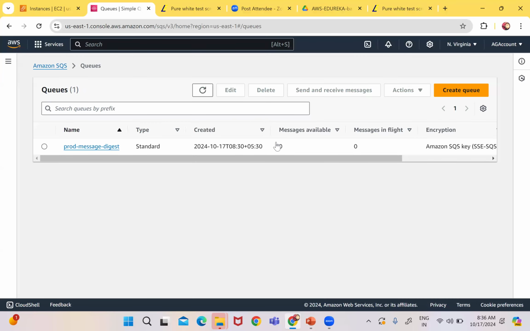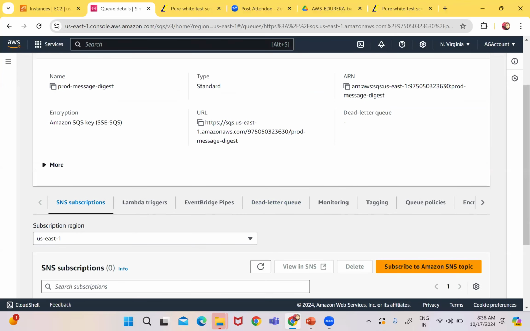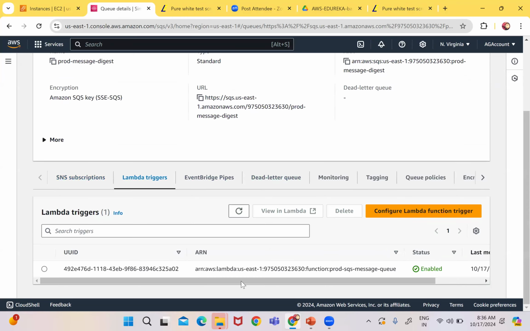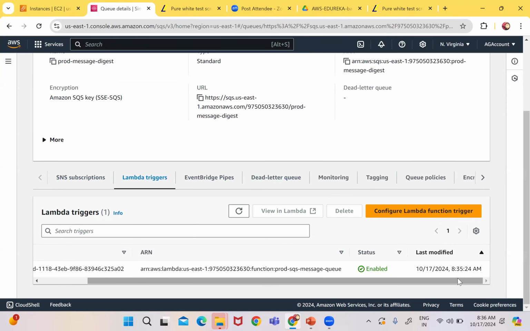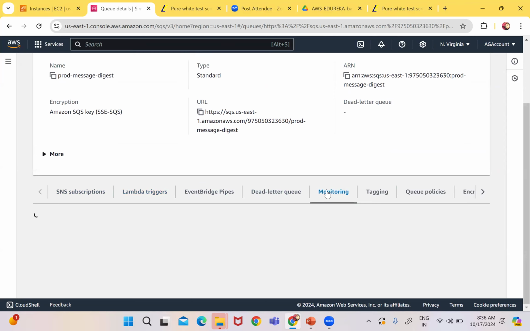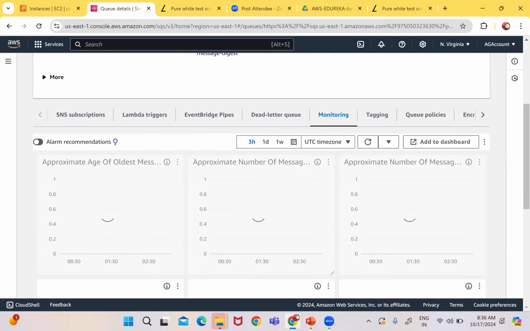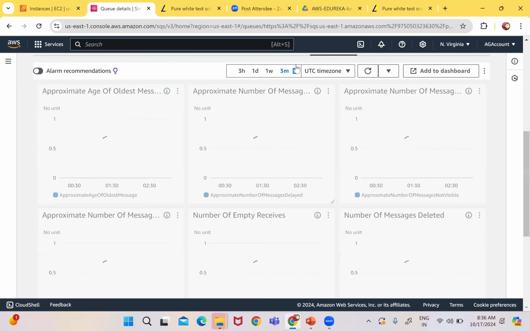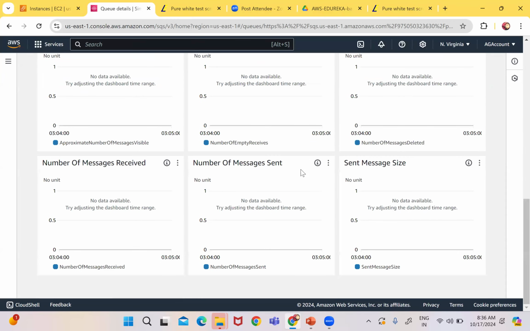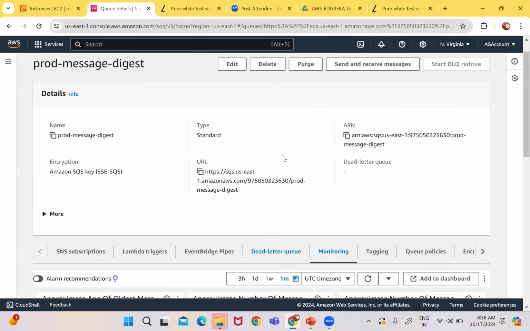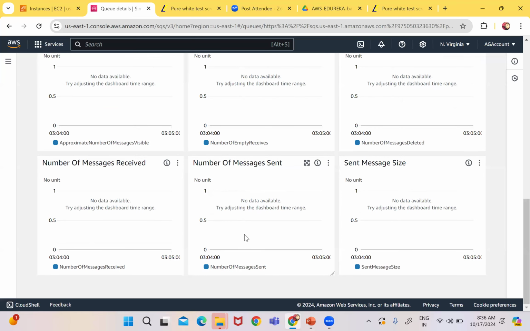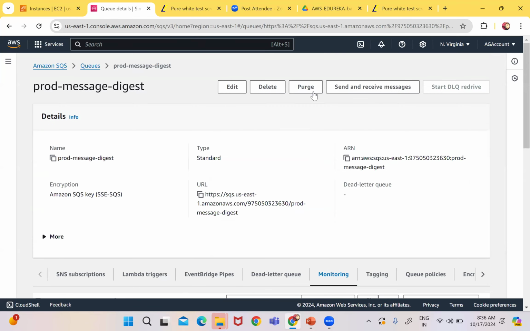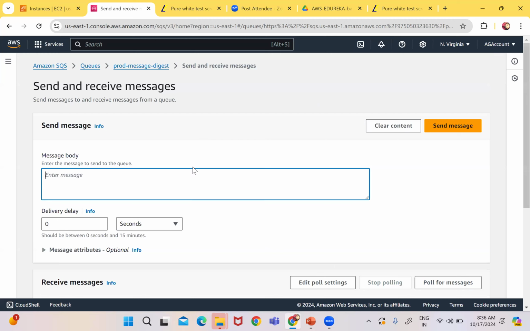See, 0 messages are now available. If I click here, this is my Lambda trigger, which has been created. If you go to the monitoring, it's not configured yet. Monitoring takes some time to get configured. It will keep showing this for half an hour or 15 minutes, and then it will start showing the data. So when I'm sending a message now,